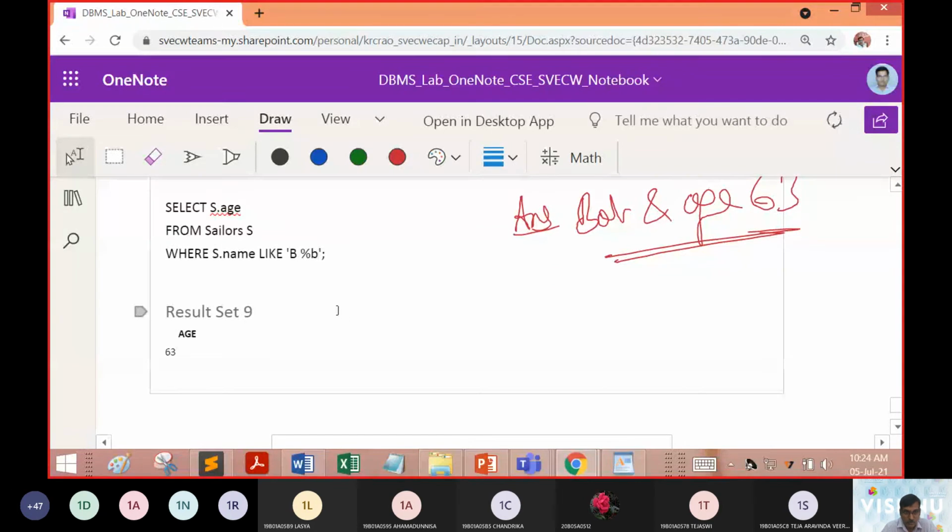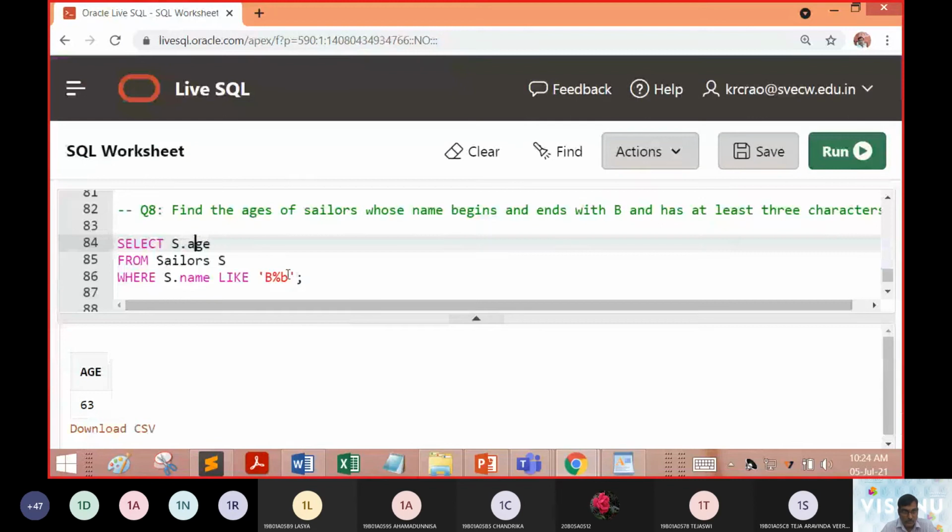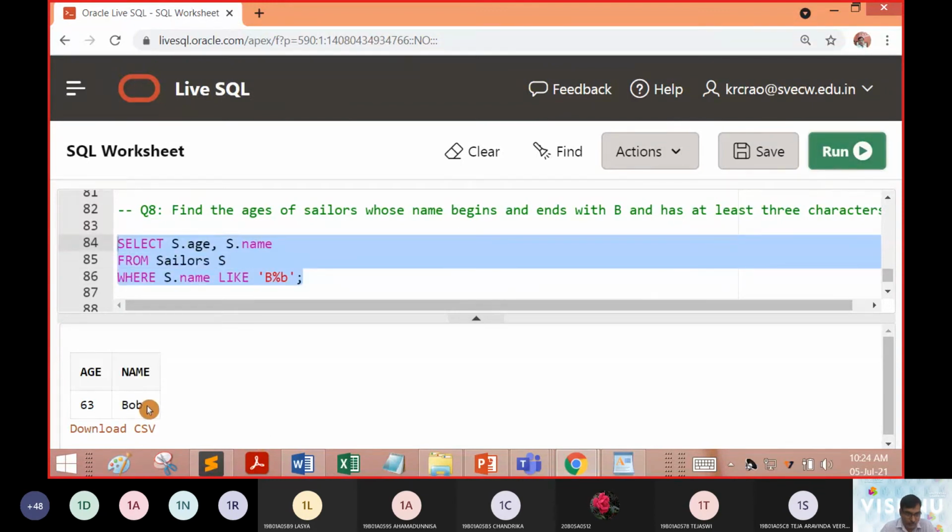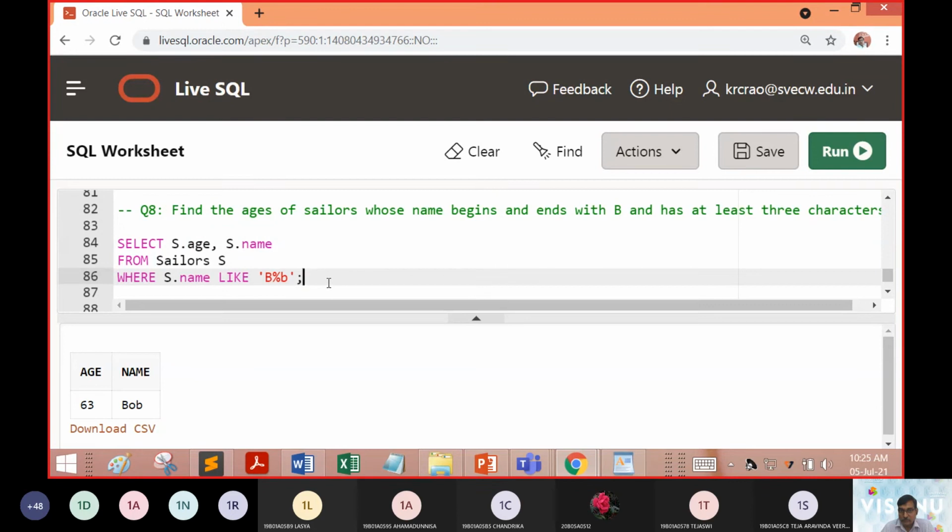So we are expecting age in this model, so it should be a lowercase letter, because in the database we have stored the name that way. You can simplify this: age comma s dot name, so that we have a complete idea of what I was talking about. In the name, the lowercase letter was used as the third character, but if I give an uppercase letter, exact string matching happens, the precise way of matching strings. Therefore, it didn't recognize the uppercase letter. However the string is stored in the database, the same search pattern has to be matched. That is the reason we use it like this. Fine.